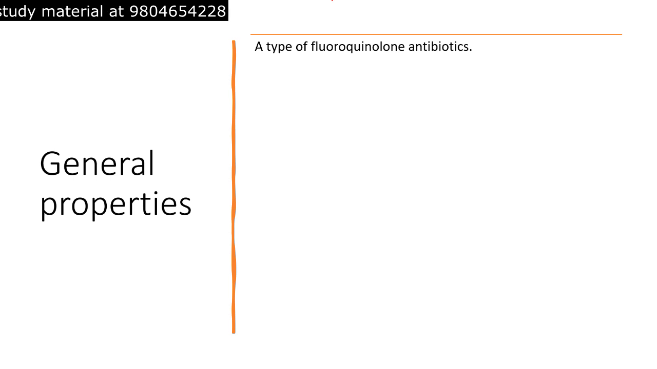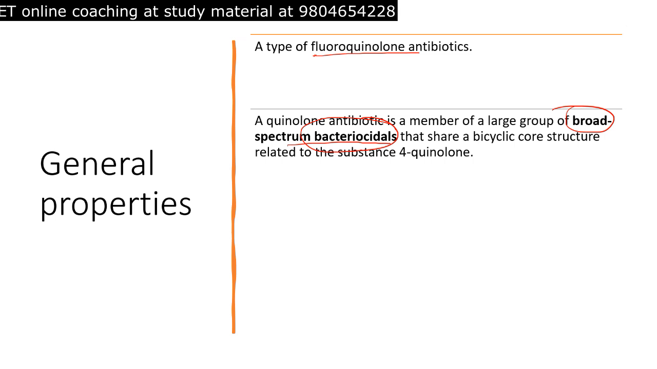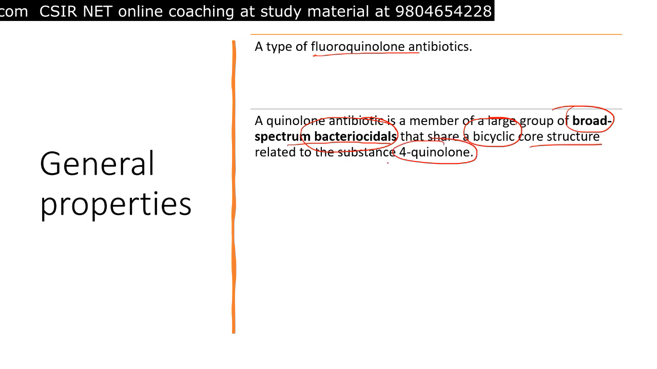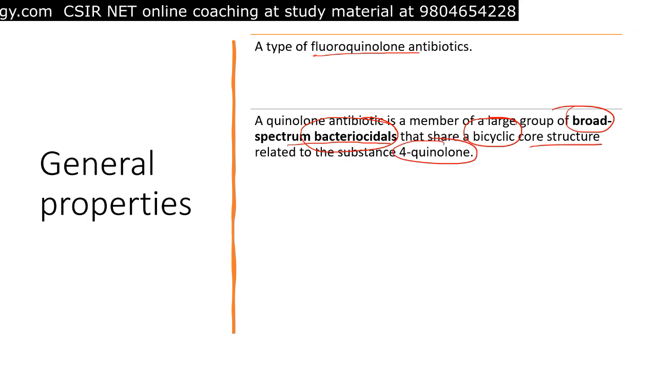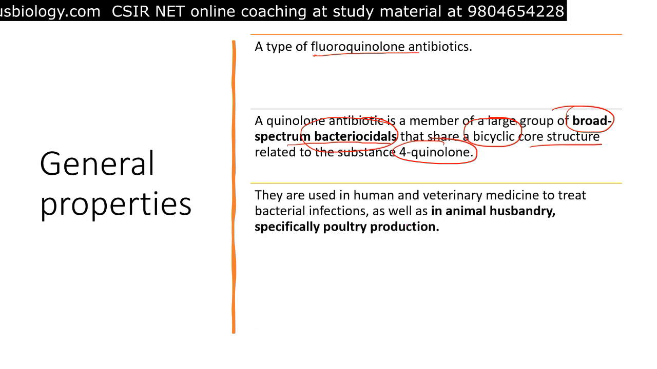So the very first thing is that levofloxacin is a type of fluoroquinolone antibiotic category. Okay, a quinolone antibiotic is a member of a large group of broad spectrum antibactericidals. So basically, bactericidal activity means killing of bacteria. So this antibiotic can kill the bacteria. Okay, and they share a bicyclic core structure related to the substrate 4-quinolone. That's why we call them fluoroquinolones. Okay, and the second thing is that they are used in human and veterinary medicine to treat different kinds